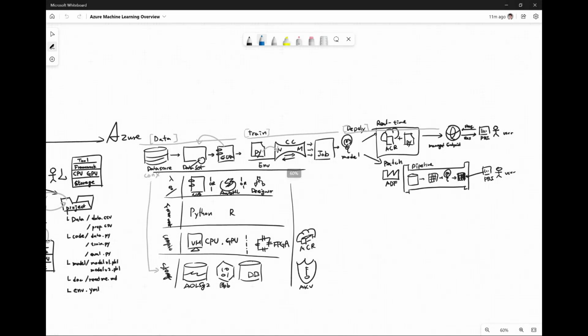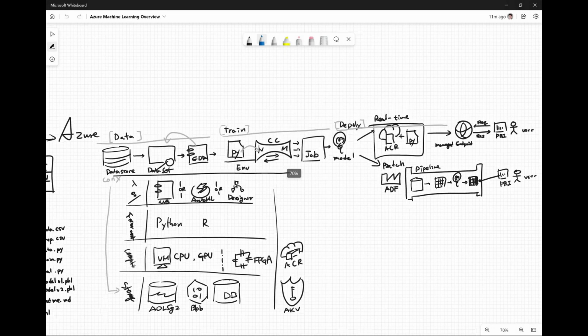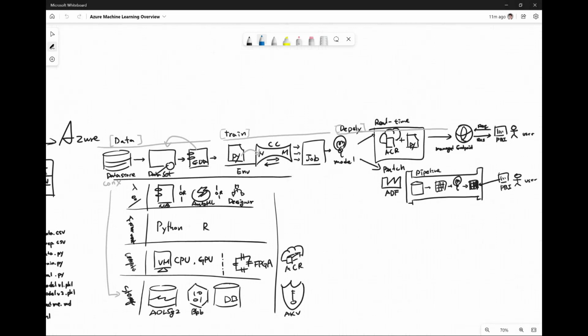As you can see, this is reading the data, working on the data, training the model, and deploying the model, like for real time or batch. You will find yourself repeating these steps over and over. So what you can do is define some kind of Python file that is accessing